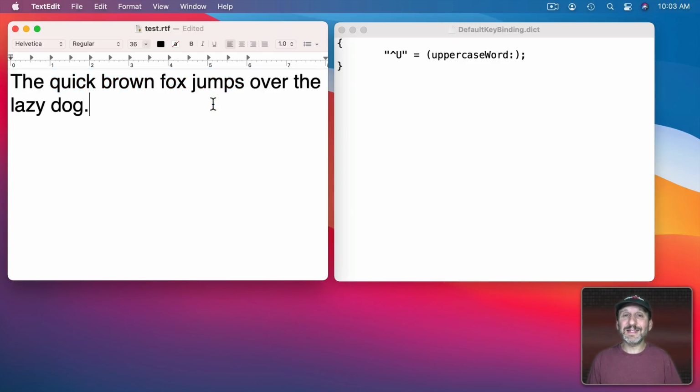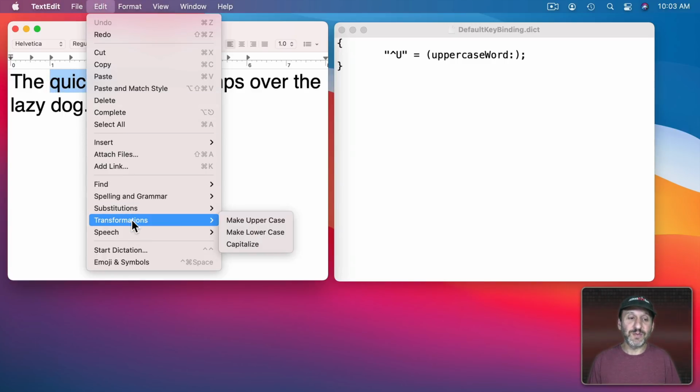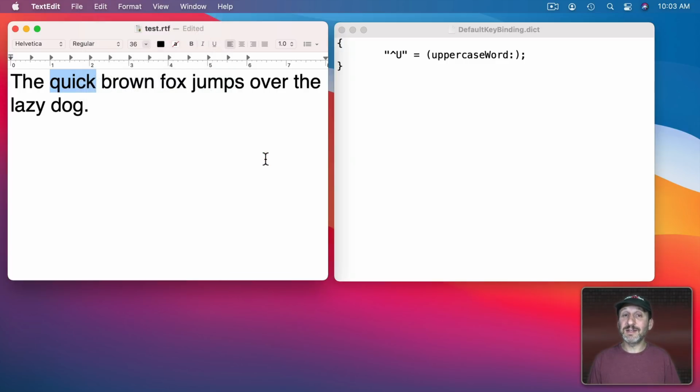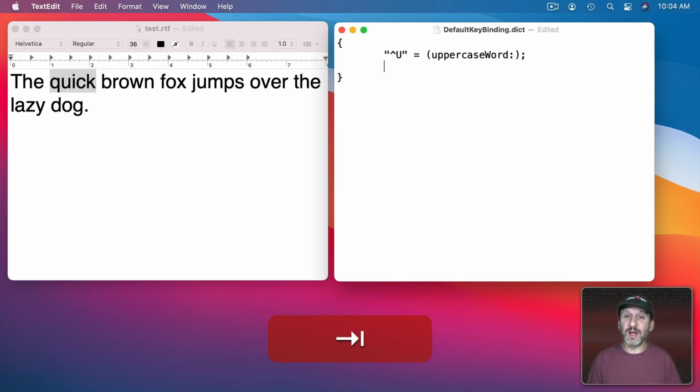So there's something handy. It's not particularly special because I could always have gone to Edit and then Transformations and then make uppercase. And it does the same thing. It's actually using the same function in the background to do those things. But now I just have a quick keyboard shortcut to do it. I could add more here really easily. Just go to a new line and let's do Control but also Option, which is Shift and then a tilde. That's the key above the Tab key on US keyboards. U. So no shift needed because that's a lowercase u. And then lowercase word like that.